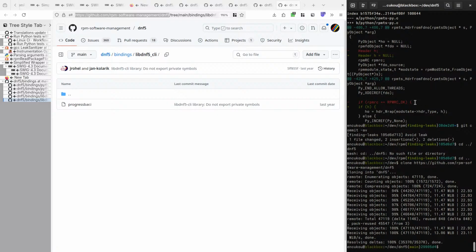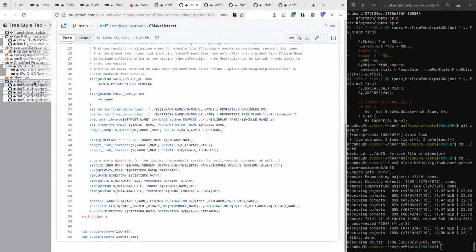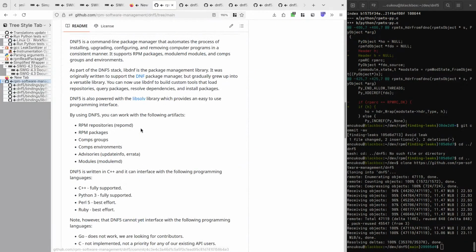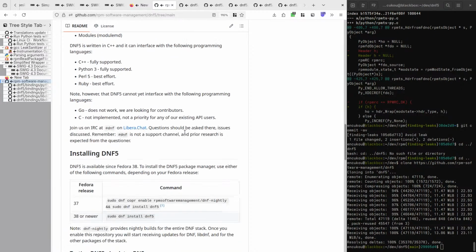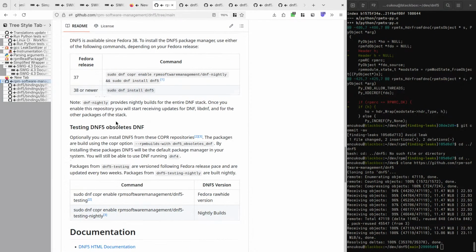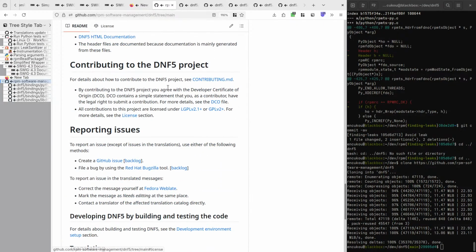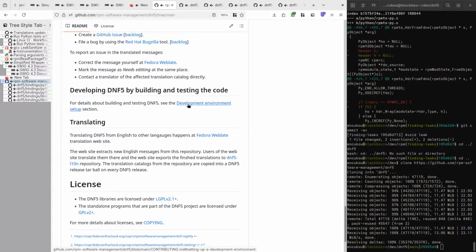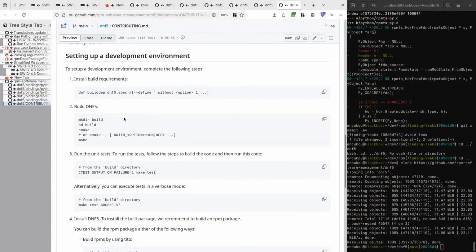And what are we looking for here? We want to build this first, I guess. How do you build this? There has to be documentation, right? Development environment setup. DNF build dep DNF5.